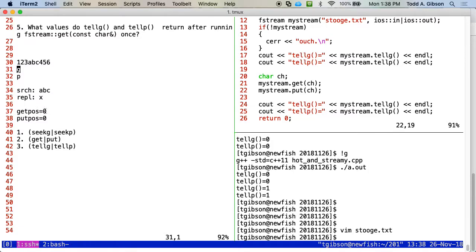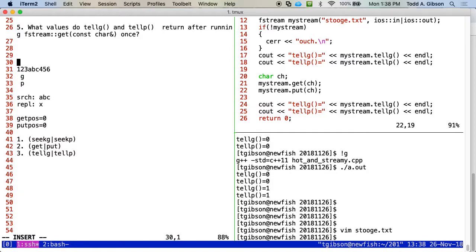That's going to move the pointer to 0. Well, when you open the file, it's already at 0, so the net effect is it doesn't do anything, but it doesn't do any harm either. We do a seek g to 0. We do the get. I guess what I need is a separate pointer. Here's the actual pointer. And then this g and this p will be these variables. So these are both at 0.